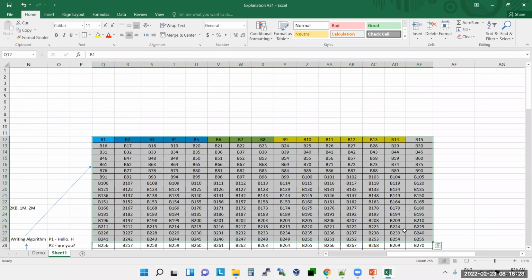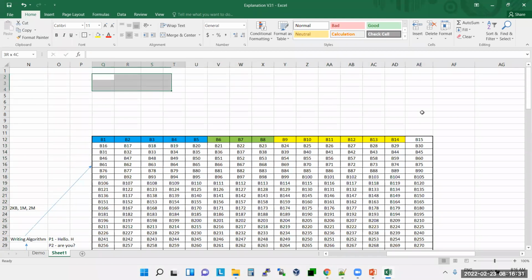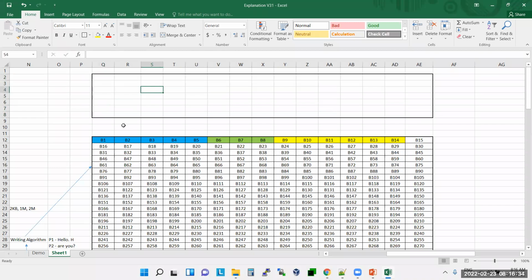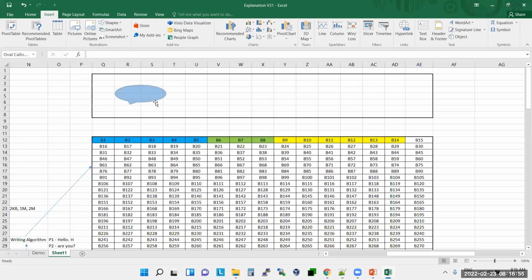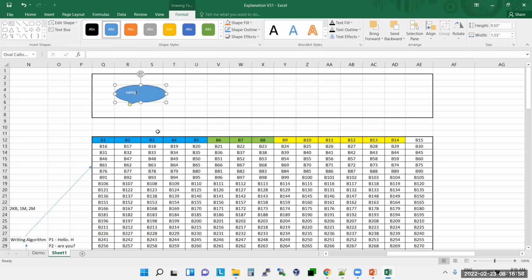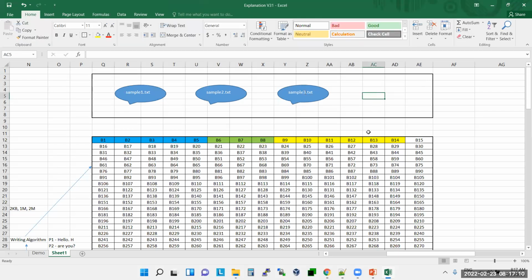Understood? Yes, sir. See, initially you have a plain magnetic tape like this. What will happen if you put your data? If it is not divided into blocks, and you store any data, it is like you are in a place without any house numbers. Correct? Yes, sir. I am putting sample1.txt here. Similarly, I'll write sample2.txt. So here there is no standard process for where sample1.txt is available, where sample2 is available,